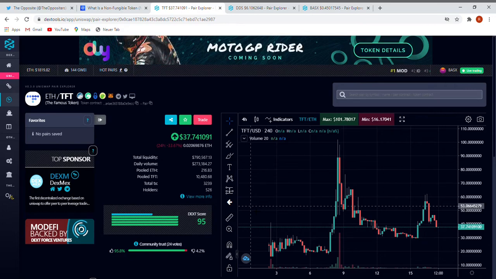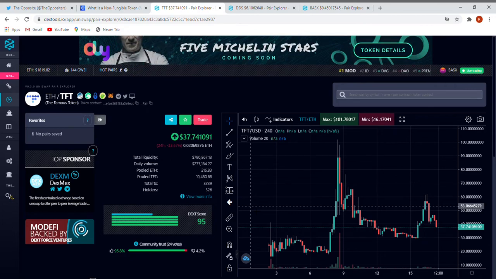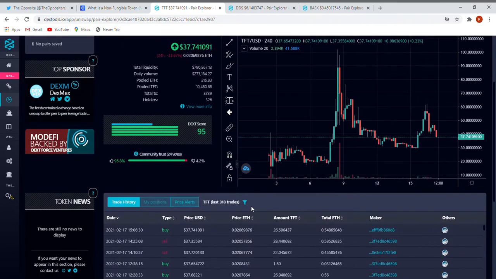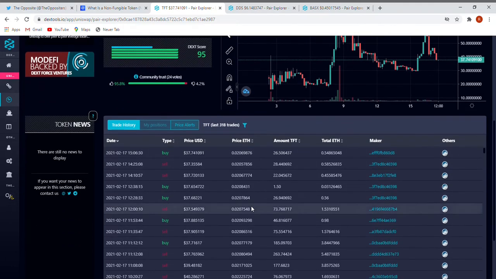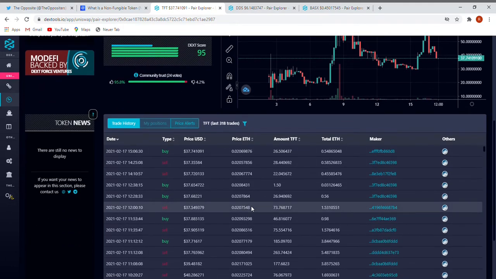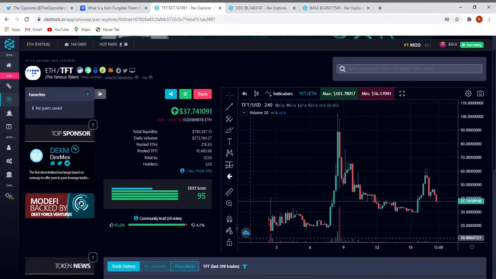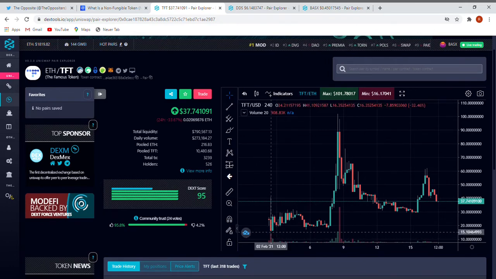It only depends on what kind of tokens they have, how much they sold, how much will be farming or staking an NFT. This TFT coin is very interesting to me. That's my opinion. I really think they have a big future, and like I told, the projects I'm going to show you are very young. These ones, like you see, already started in February. Very young. That's what I'm telling.